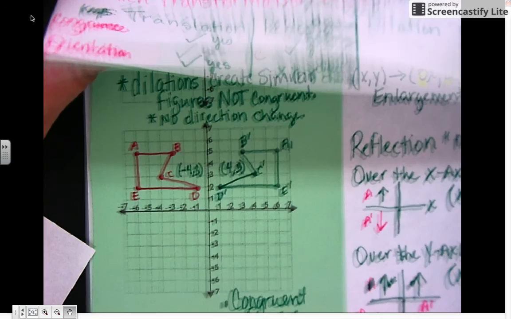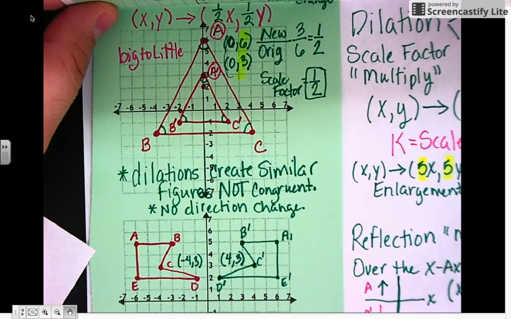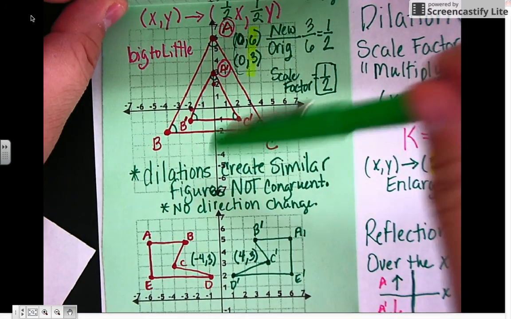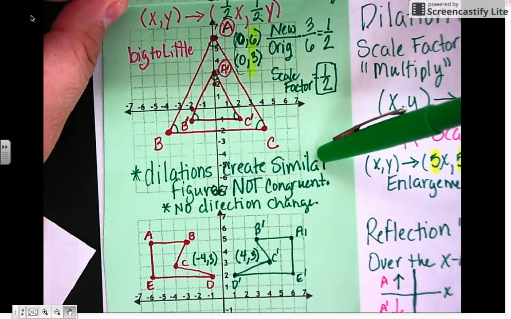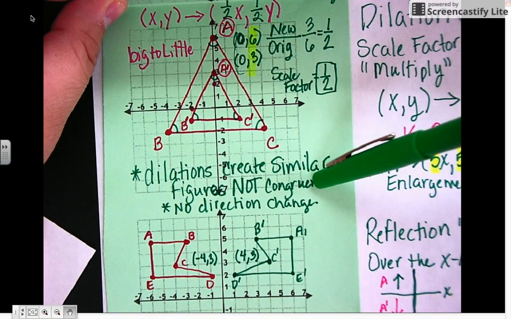Dilation, let's go up to dilation. So let's flip this over and we can see it right here. Dilation. Dilations create similar figures, not congruent. So it did not keep it congruent. It made